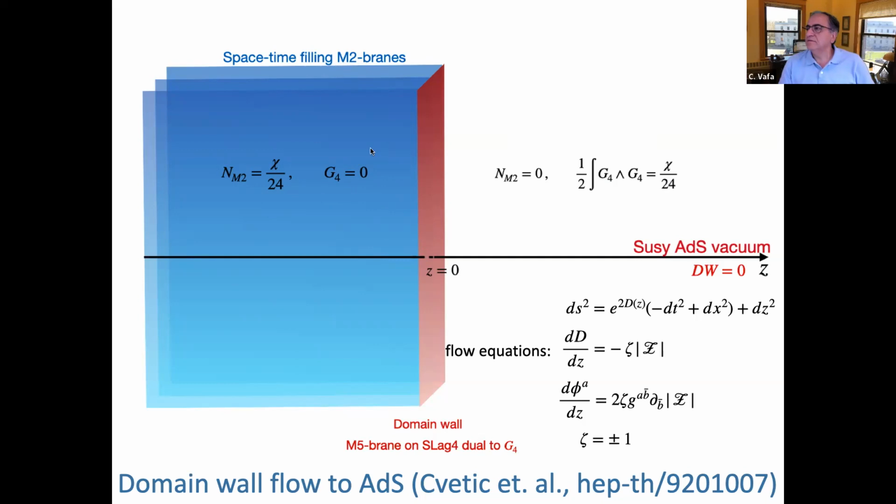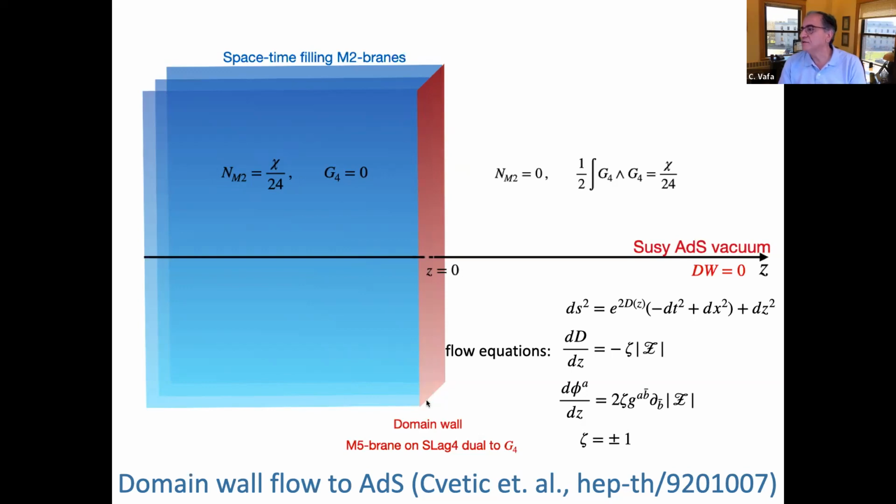Imagine that on the left-hand side you want to solve the condition that the number of D3 branes, in this case becoming M2 branes, is the Euler characteristic of the Calabi-Yau over 24 with no flux. This is one perfectly fine solution to the tadpole condition. But now you can find a new solution to the tadpole condition, which converts all of these branes into